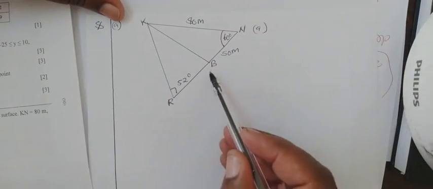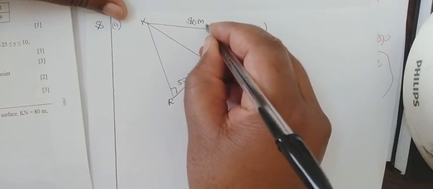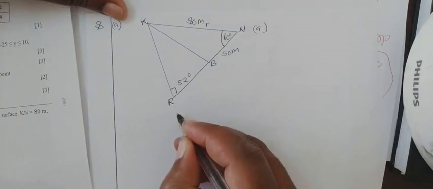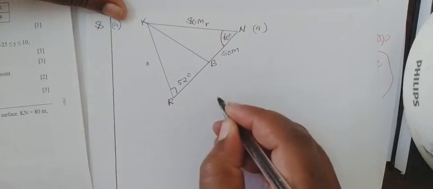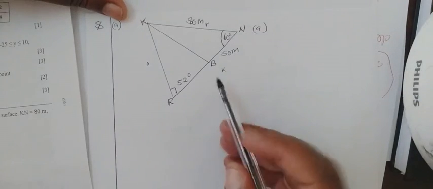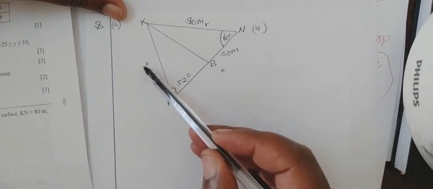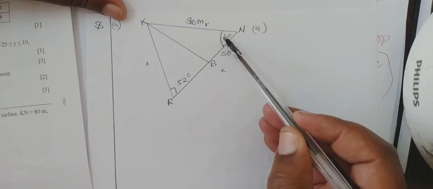So for now, you can ignore this line. We know that this is the small letter r, and this is N. The whole of this from there to K. Now, if I want to find this side given this angle,